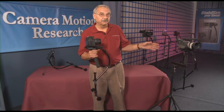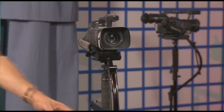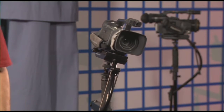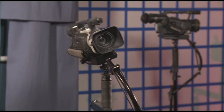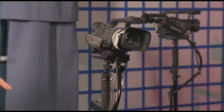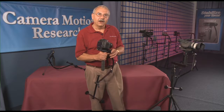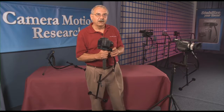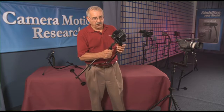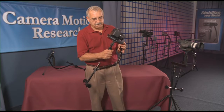And I'd like to sort of demonstrate that by starting this GL2 rocking on this docking bracket stand over here. While I continue talking, you might notice in the background that it's going to pendulum for quite a long time. It'll be penduluming long after I stop. So we also found, though, that